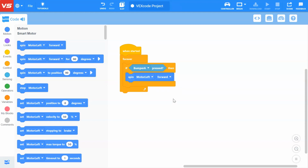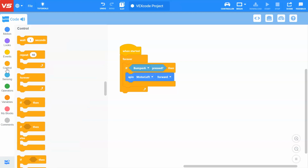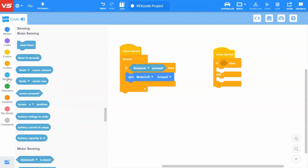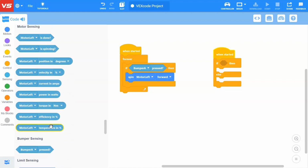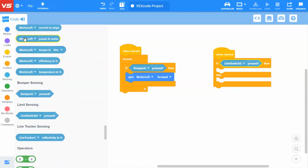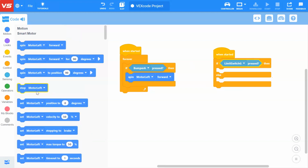Now, if you wanted to make sure that the sensor stopped, then you can also go back to the control section, and instead of a forever loop, you can use an if then else statement. So in events, we'll go to when started. If, let's say a different one is pressed, let's see, if a limit switch is pressed, then we can specifically have it where the motor